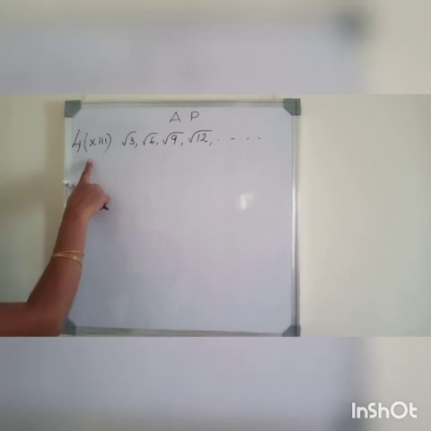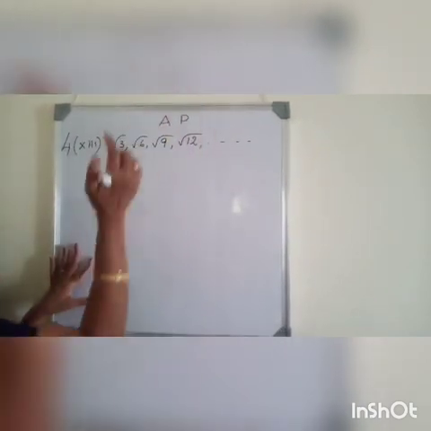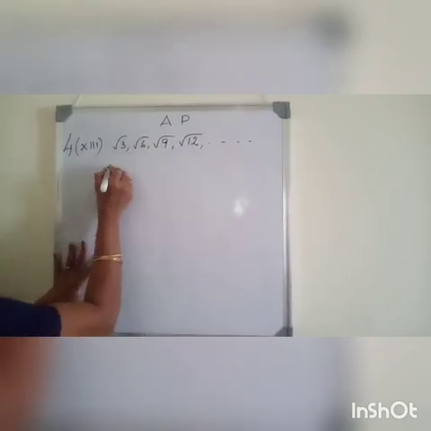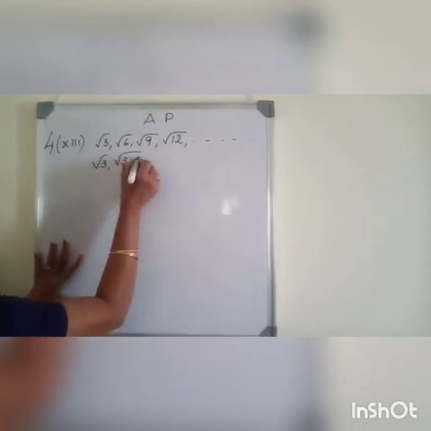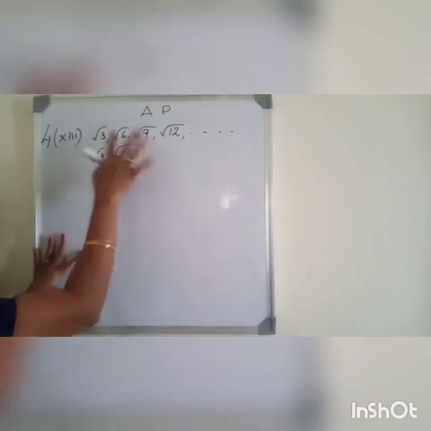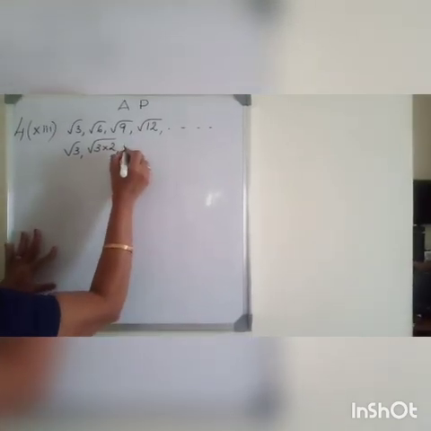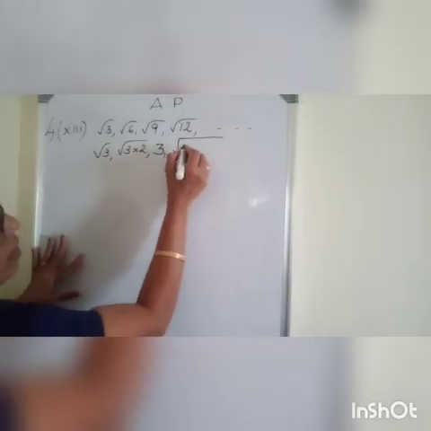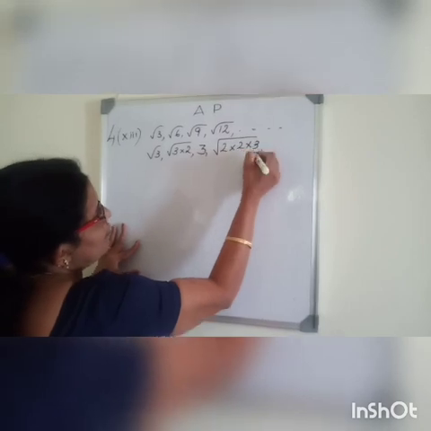The 13th question is root 3, root 6, root 9, root 12, etc. See, here also we will simplify first, then we will do the sum. Root 3 is root 3 as it is. Root 6 if you write, we can write only as 3 into 2. Here no common terms are there, so no need to write like this. Directly we can write root 6. Root 9 you all know what is root 9. It is 3. Root 12 can be factorized as 2 into 3 etc.